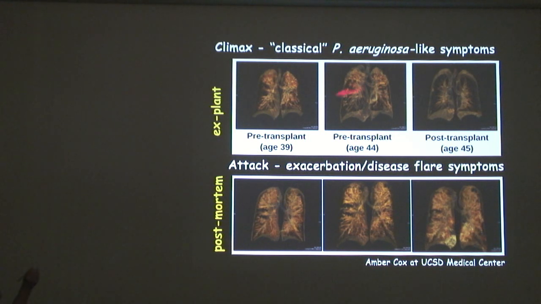However, this person gets a lung transplant. This person was an athlete, doing perfectly with their lung function, and then all of a sudden they go into this horrible decline, and they died within about 3 months of being an athlete, running marathons, to just falling apart. And what's happened in this case is they have basically total infiltration of their lungs by this microbial community. So it's taken over the whole system. So this would be our attack community, and this would be our climax community.